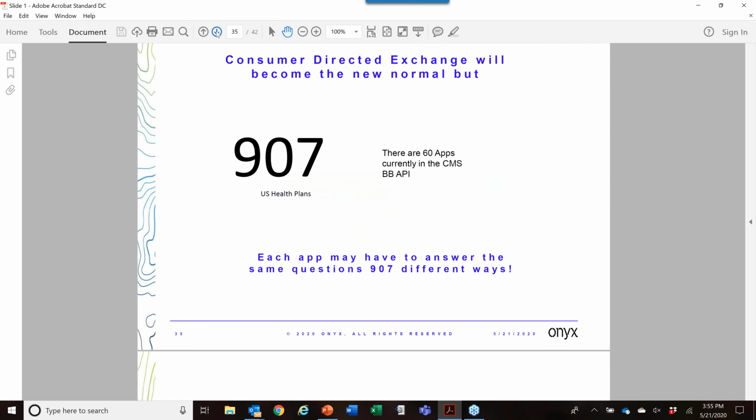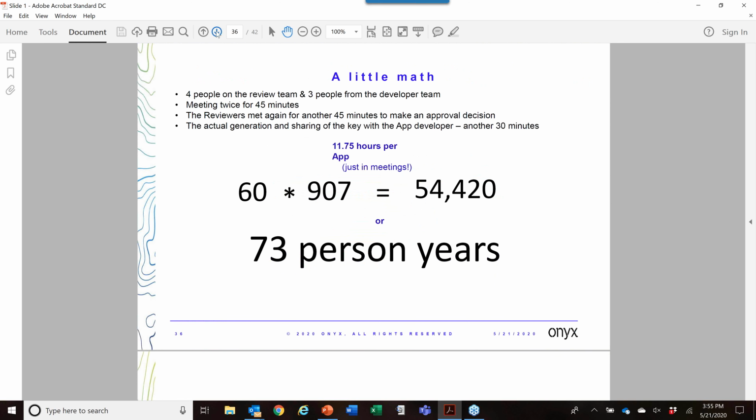Next slide, please. So, taking a look at the math very quickly, there's a total of 907 health plans. Currently, there are 60 consumer-controlled apps that have production access to the CMS Blue Button 2.0 API. So if you go to the next slide, we end up doing some math where, just thinking about the time that we're on the phone, not to include all the validation steps that Louis talked about from the technical perspective, which is going to be required of every evaluator, just on the phone, we've spent 73 person years,